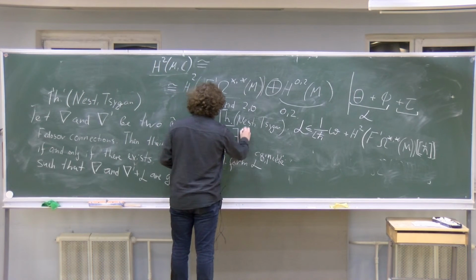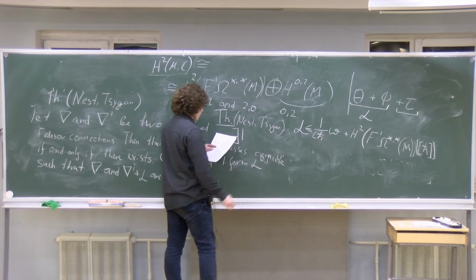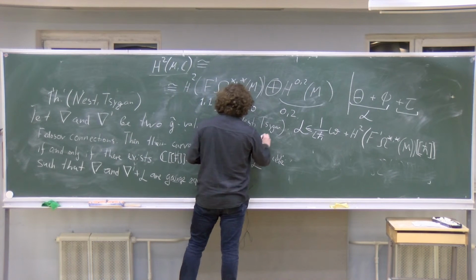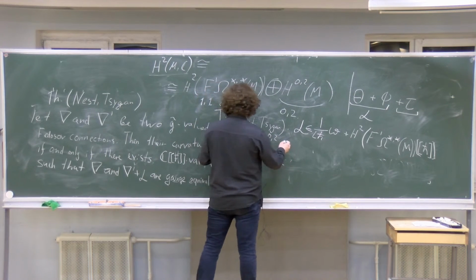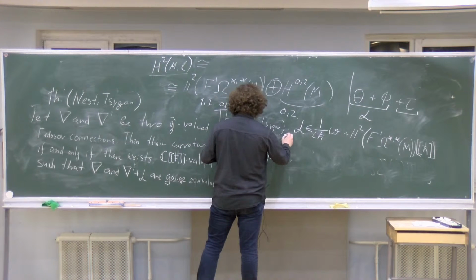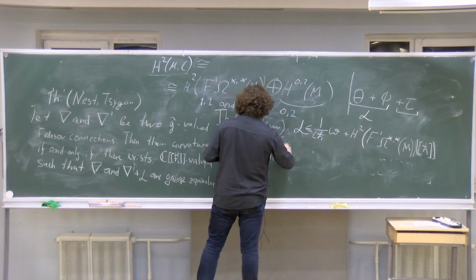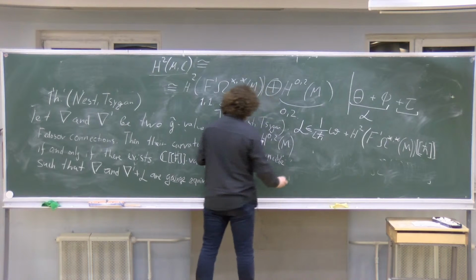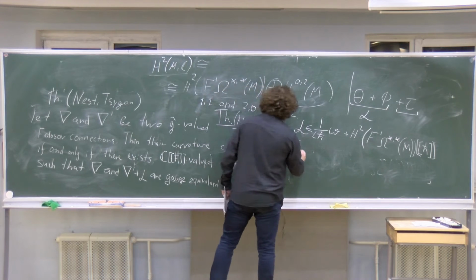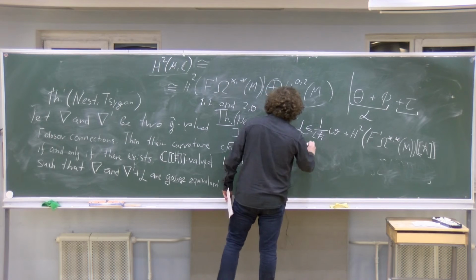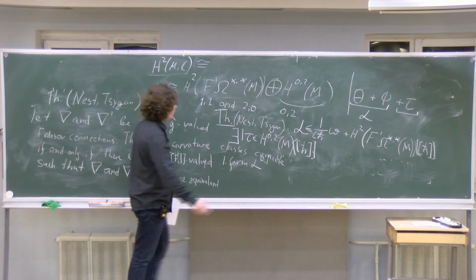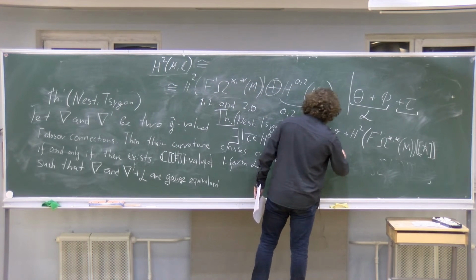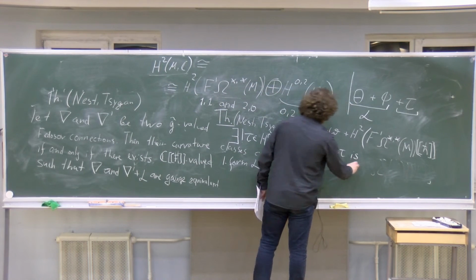And the theorem states that there exists a unique tau from H to 0, 2 cohomology group, also with coefficients in formal power series, such that alpha plus theta is